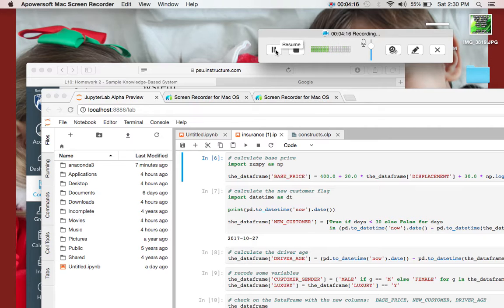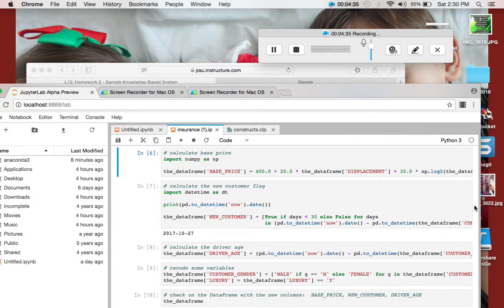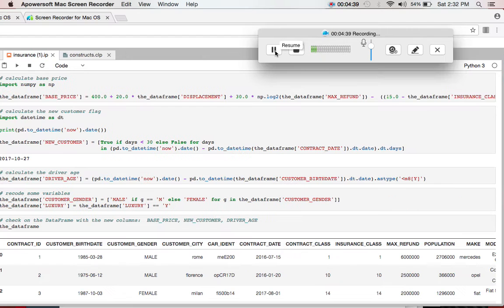For the next one, number 6, you're calculating the base price of the vehicles. As you can see, you'd use the data frame, which is the base price. To get that, it has a 400 plus 20 times the data frame, which is the displacement, plus 30, which is the log, times the max refund minus the insurance class. For the next one, you're calculating